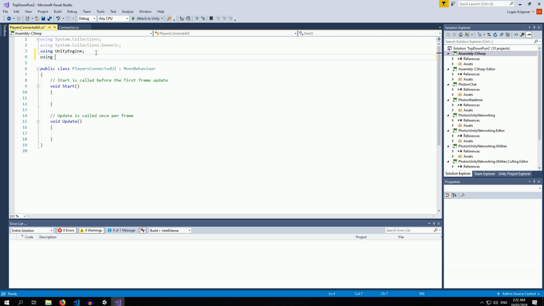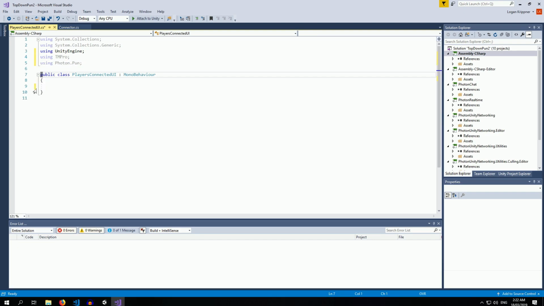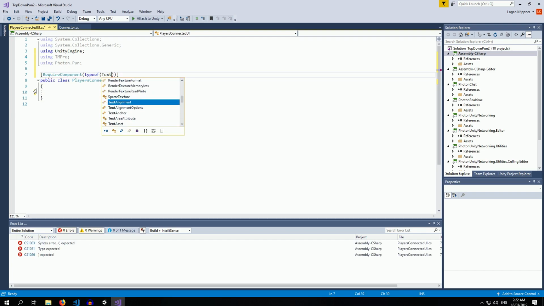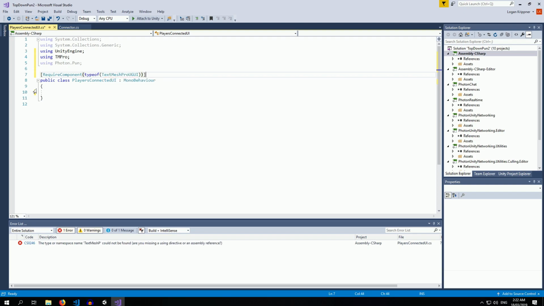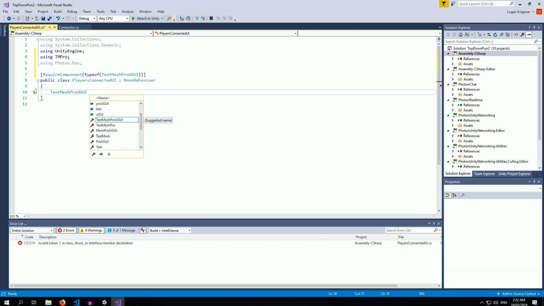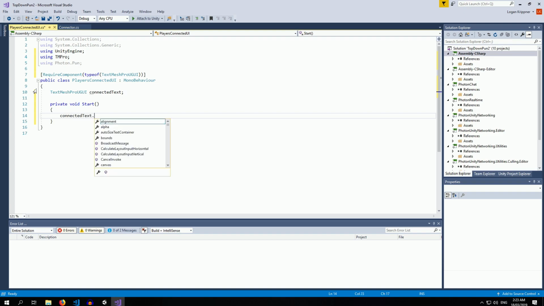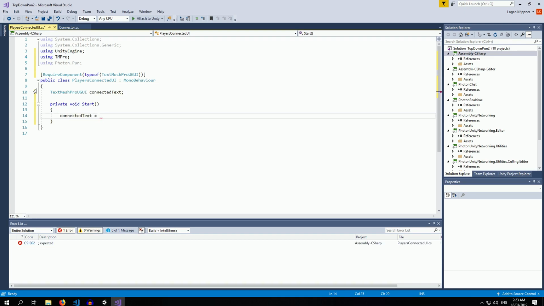So this will be very similar. So we'll say using TMPro and using Photon.Pun. And we'll also require a TextMeshProUGUI. And so we'll have TextMeshProUGUI connectedText. And in Start we'll set this. So we'll say connectedText equals GetComponent TextMeshProUGUI, and in Update